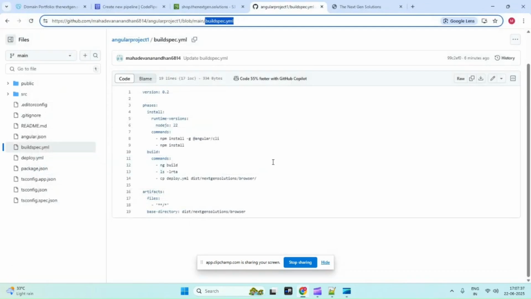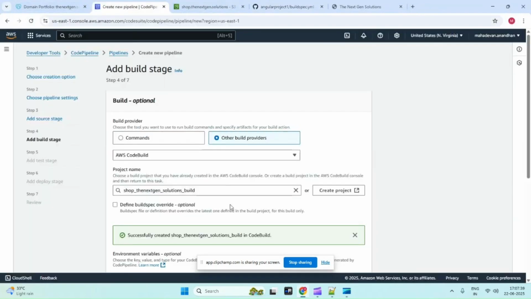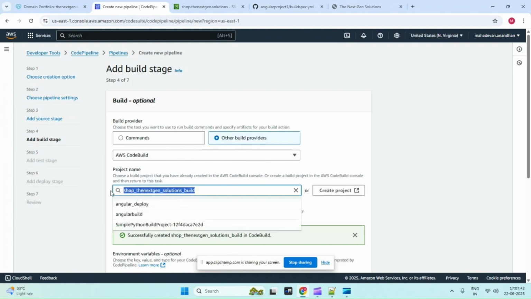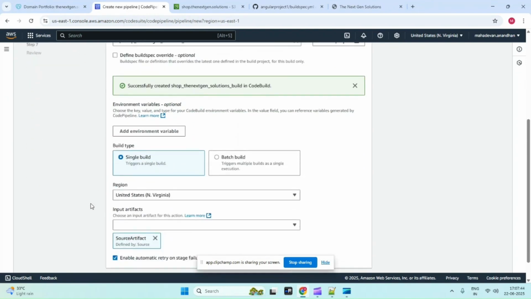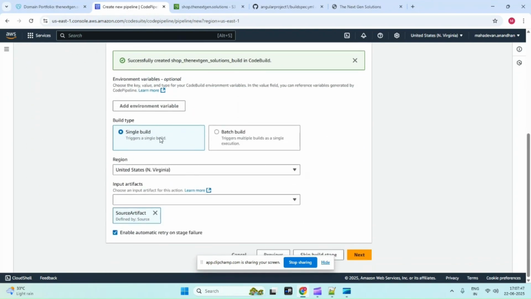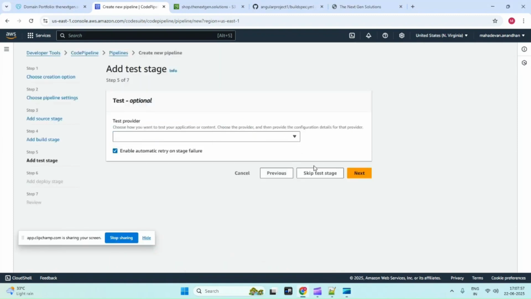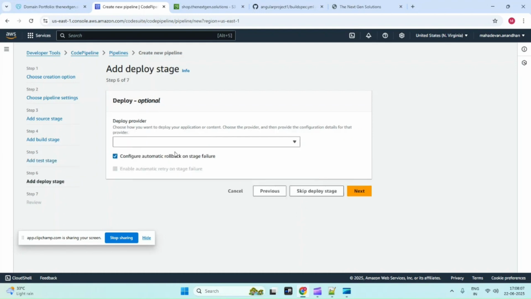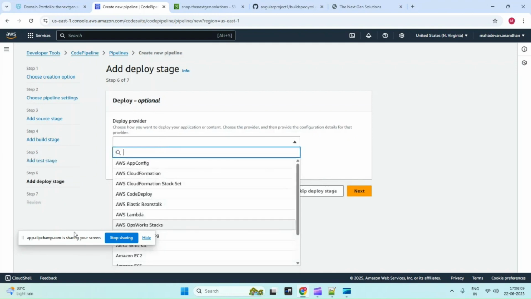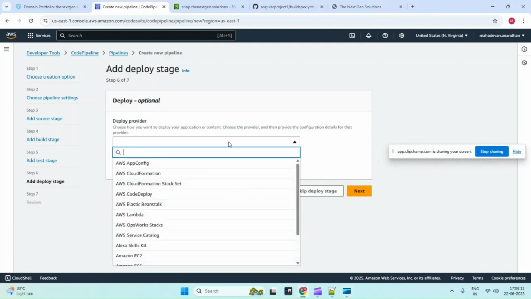Yeah, it's asked to leave this page and go to this page. You can see the project name we created earlier, and it's a single build, right? The input artifact is already selected, the source artifact, and the next stage is the test stage. We are not going to test the application now. Let's skip this stage and deployment, right? Actually we are going to use again